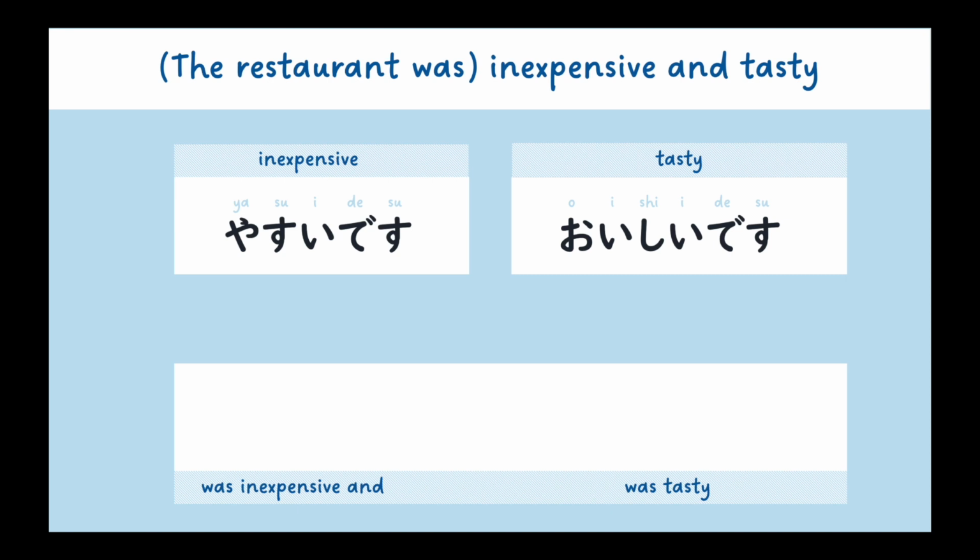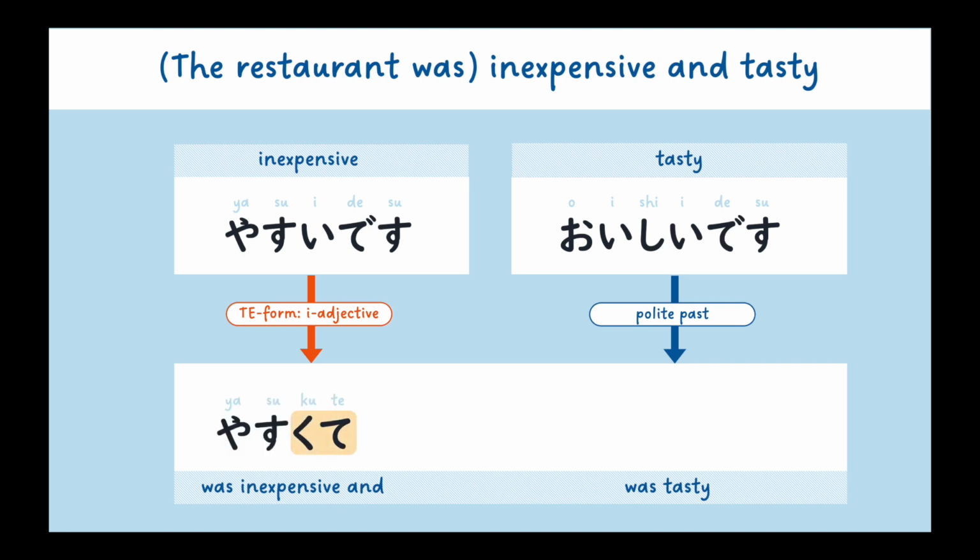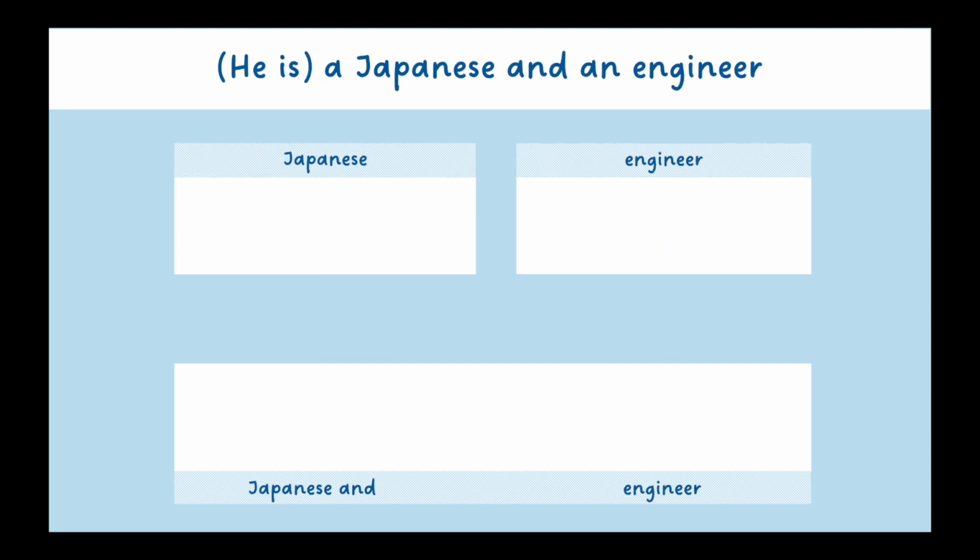Now, let's say someone asks you how the restaurant was and you want to say it was inexpensive and tasty. We change the first adjective to its te form and then make only the last adjective past tense. So, it was inexpensive and tasty is 安くて美味しかったです。